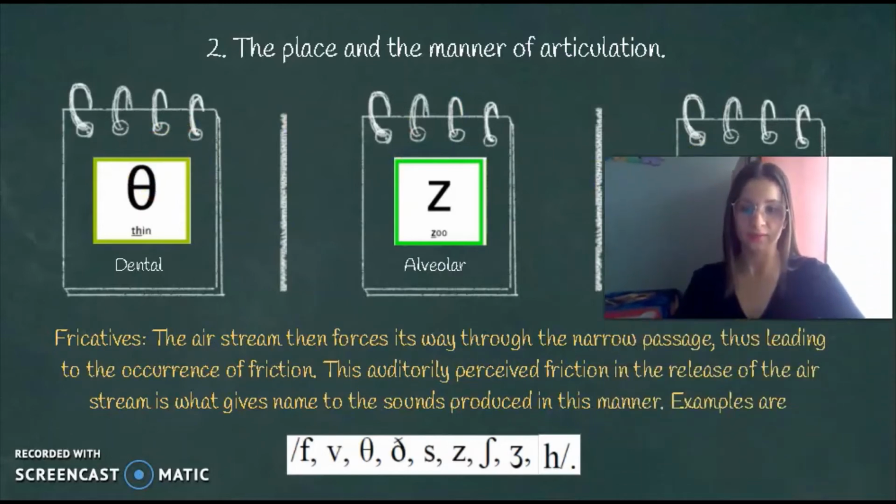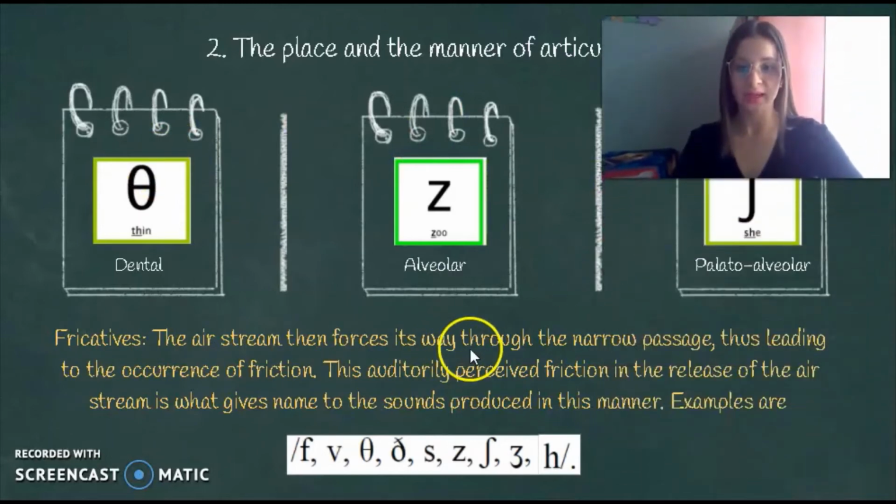The air stream forces its way through the narrow passage, thus leading to the occurrence of friction. This auditorily perceived friction in the release of the air stream is what gives name to the sound produced in this manner. Examples are